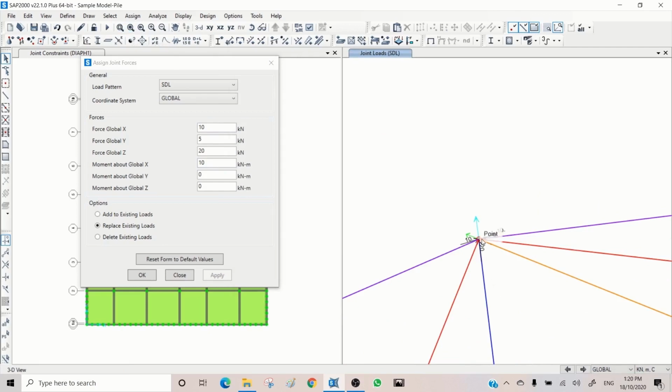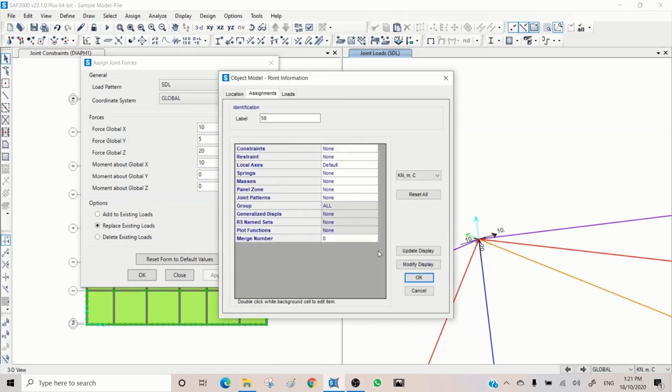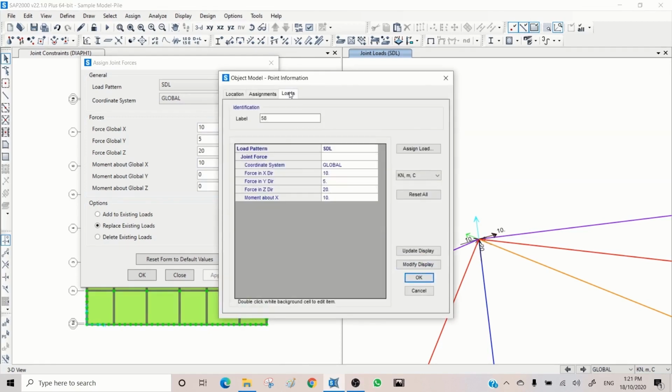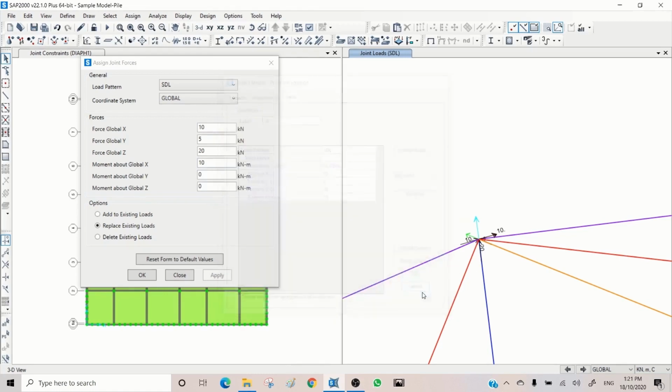So here in this point you can see these 210 coming. One of them is the moment in global axis, the other one is the force. When you have a moment, the arrow is a bit different. So if I come to load, I can see them here, but just to make it clear, if I remove this 10, make it 0,